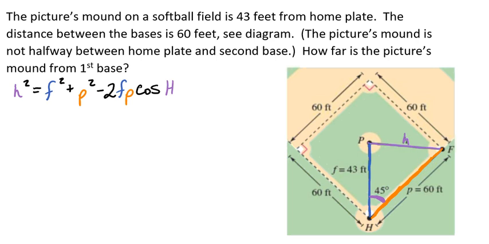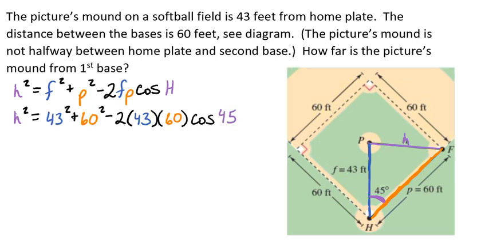So we're going to take all the variables that we know the values for, and we're going to plug those in, which is going to give us h squared equals 43 squared plus 60 squared minus 2 times 43 times 60 times the cosine of 45. And so we definitely want to go ahead and just plug that into the calculator to get our h squared value, right? So when we plug that into our calculator, it gives us h squared equals